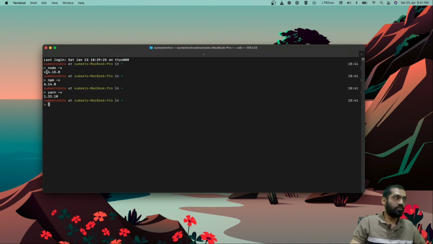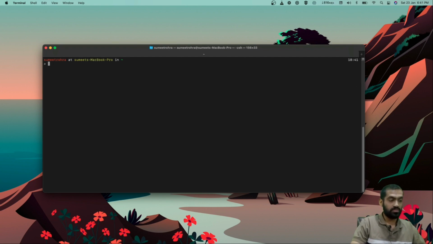Now bear in mind, if you have node version 12 or less, and you want to keep that version with you, you should also use nvm, which is used to manage multiple node versions. We need you to have version 12 plus. If you have this requirement, let's get started.